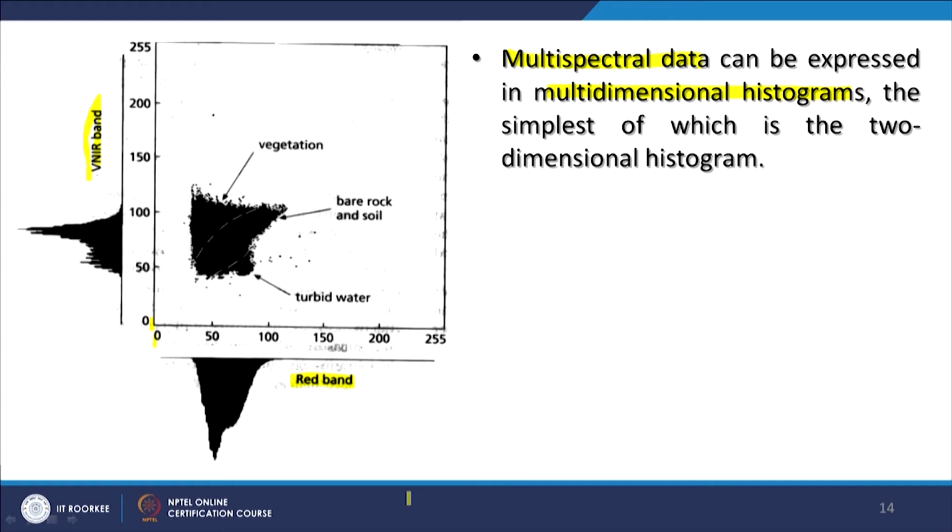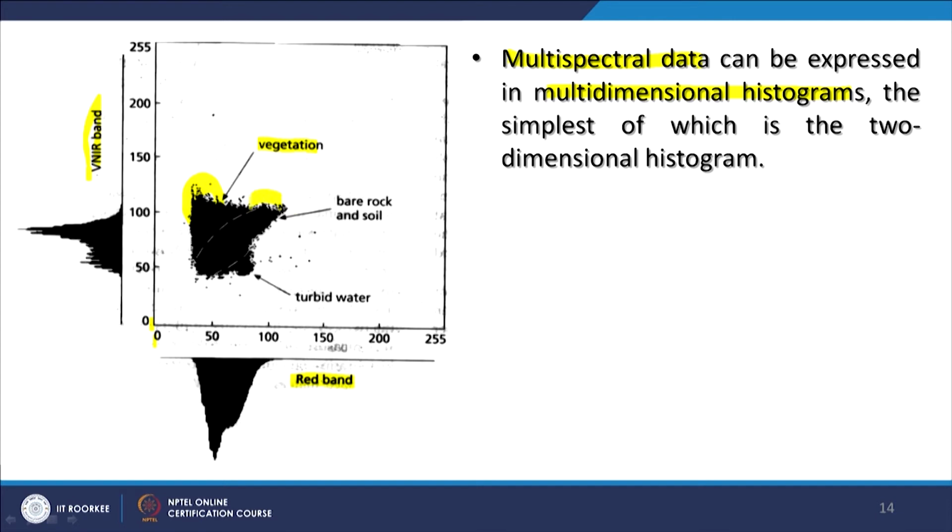In this one, areas represented by low pixel values in one band, that is in the red band, and relatively higher pixel values in the infrared band, we can identify that these pixels might be belonging to vegetation.